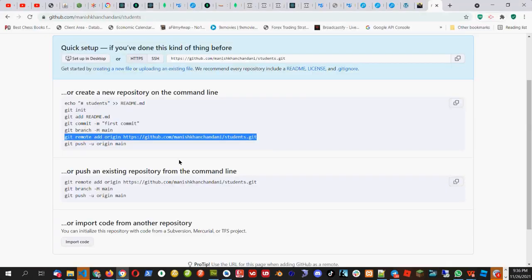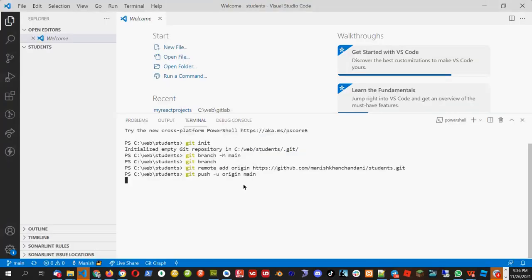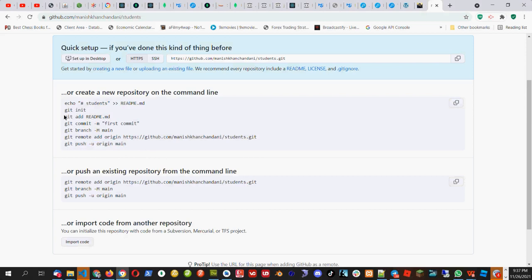After adding it, I will say git push origin main. Some problem. Main does not match anything. They're not giving proper output. If I add,